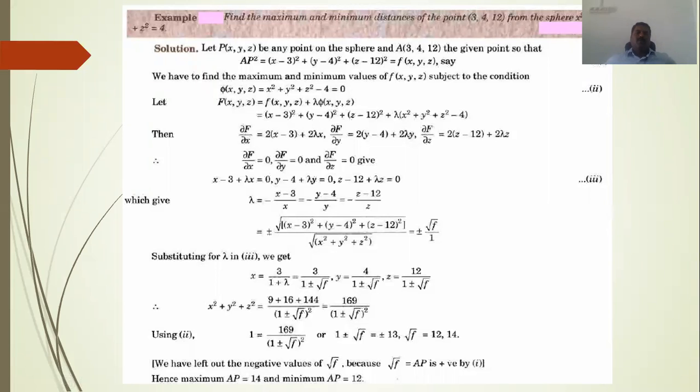Okay, let's do some more problems on constraint optimization. So what's the algorithm? Understand the objective function, understand the constraint, construct a new Lagrange function, capital F, with the help of small f, the objective function, and phi, or psi, or whatever, the constraint function. So we construct capital F as f of x, y, z plus lambda times phi of x, y, z, and